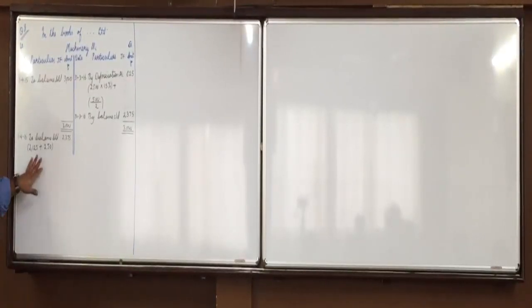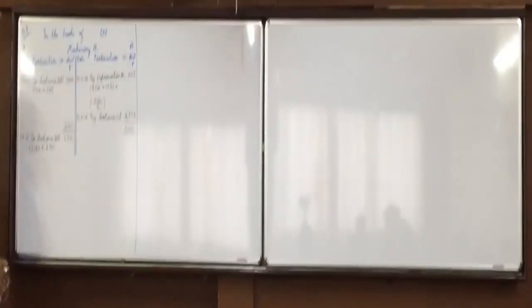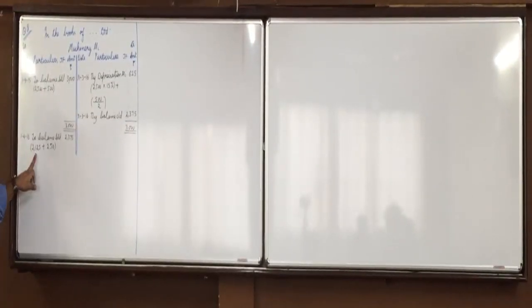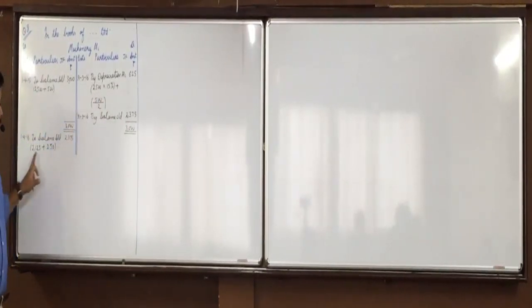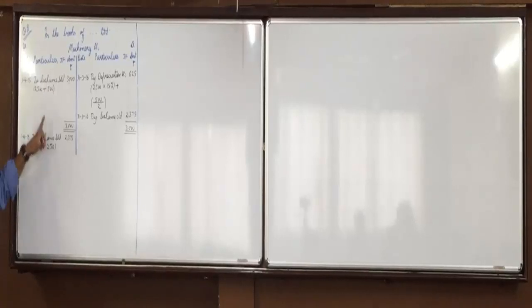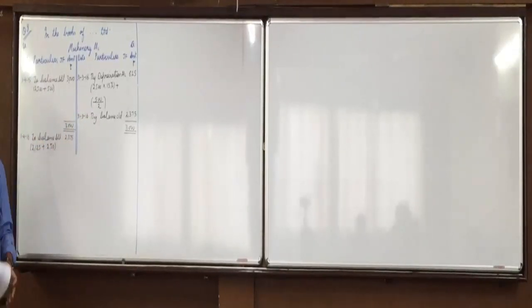Once again, here also you can show this comprises of 2,500 plus 500. So how did we get this 2,125? The first machine, 2,500 minus 375, is 2,125. And how did we get this 250? 500 minus 250. Is everyone clear?